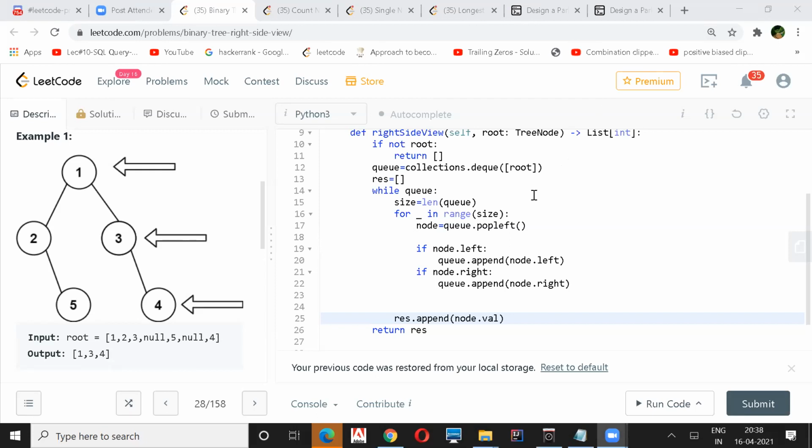But in that case, if you're doing a normal pre-order traversal, you will always be storing the left side values, so it will be like a left view. But if you do it the other way, instead of the normal pre-order where we first do everything and then go to the left subtree and right subtree, we reverse the right subtree and the left subtree. Then we'll be able to get a right view also. Yeah, that is one way to do it, right?